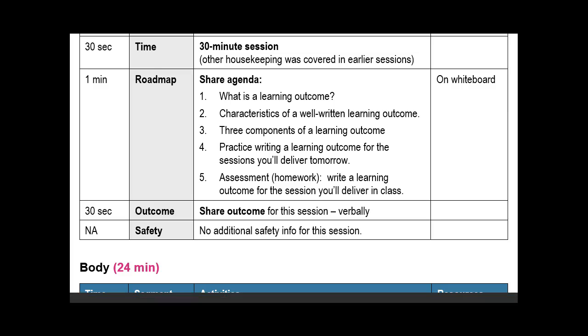Mind you, for yours, it will be needed because you are doing face-to-face in person. So please make sure you put a safety briefing in your 30-minute session, and what that safety briefing should include will be different depending upon one workplace to another. All right, so that's our 5-minute intro. Not bad. We've already got